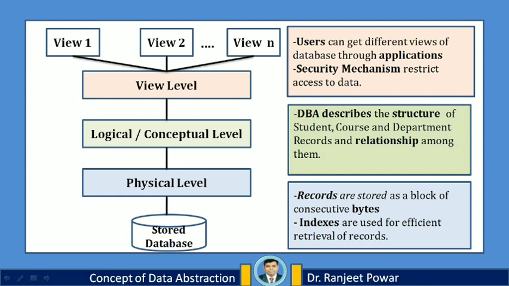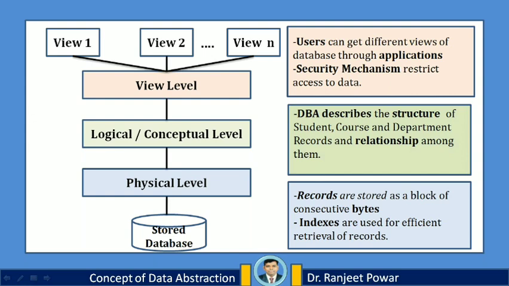At the logical level, records of a department, course, and students are described by the type definition. The department number value appears in the course, and the student record maintains the relationship with the department record. This is the example of interrelationship. All these structures are defined by database administrator. He will also define rules for data access in this level. Programmers using the programming language work at this level of abstraction.